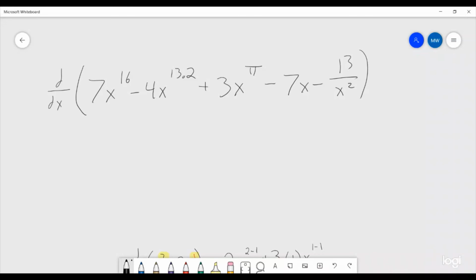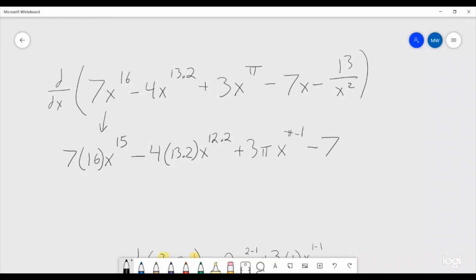If we were to try and take the derivative of this, all we're going to have to do is, for each term, pull down the exponent and subtract from it. So the 7x to the 16, that's going to become 7 times 16 times x to the 15. Then we have a minus 4 times 13.2 x to the 13.2 minus 1, that's a 12.2. Then we have a plus 3 pi x to the pi minus 1,